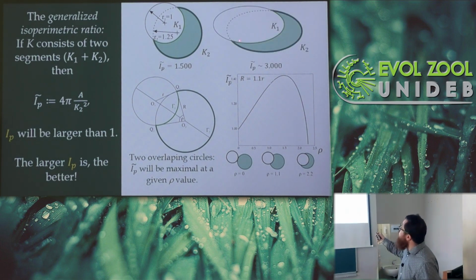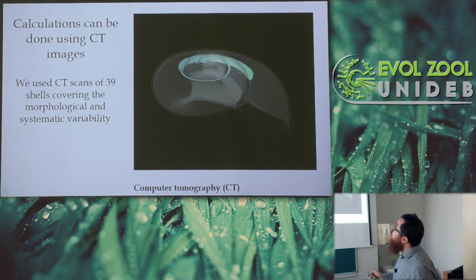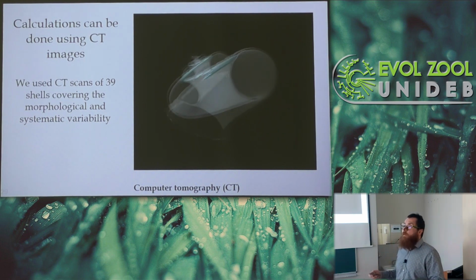But if we use ellipses, which is more common in nature for snails, the isoperimetric ratio can reach up to 3. So it can be even higher. And the larger the isoperimetric ratio, the better. So what we thought is that it's not enough to do